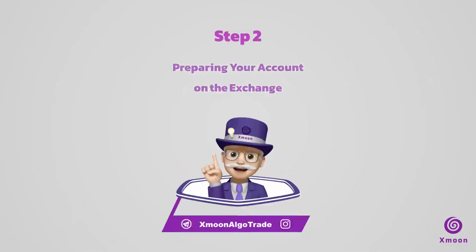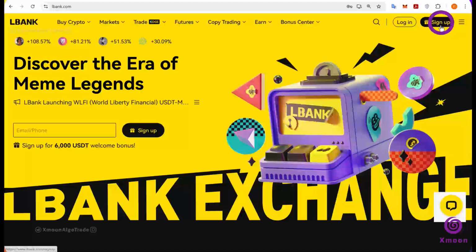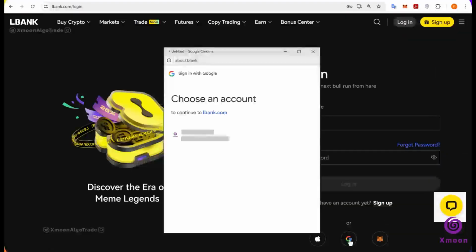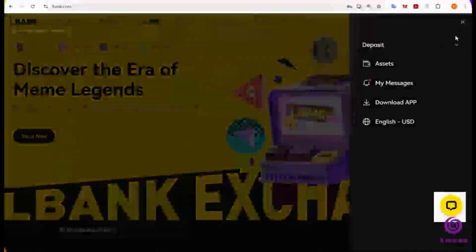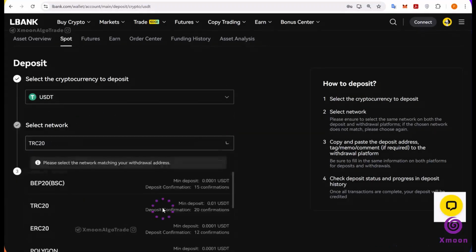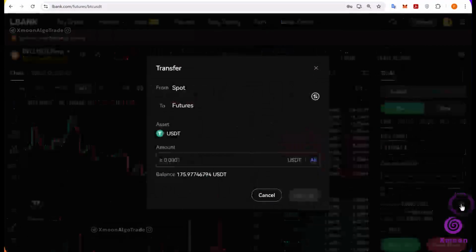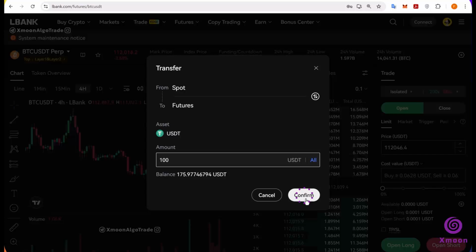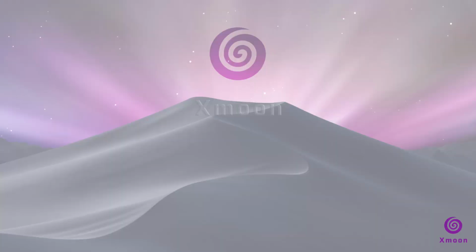The second step is preparing your account on the exchange. The next stage is logging into the exchange. First, we'll visit LBank.com. We'll either create a new account or simply log in to an existing one. Next, we need to transfer our funds into the exchange platform. We'll select the deposit option and then on-chain to deposit our initial capital, which is that $100. After confirming the transfer from the top menu, we'll enter the Futures section and move our capital to Futures, making it ready for trading. Once these steps are complete, our work with the LBank exchange is finished, and we can